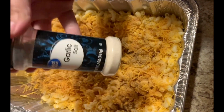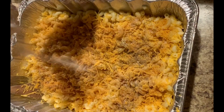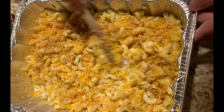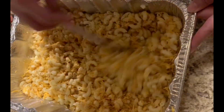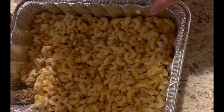And I really don't measure my seasonings. I just really eye everything I do unless I'm trying a new recipe, but I've been doing this for a minute, so I just eyeball it. My advice would be like cover the entire surface in each seasoning, except I didn't go overboard with the blackened seasoning because I feel like I had a lot of Creole, so that was just a little bit of extra